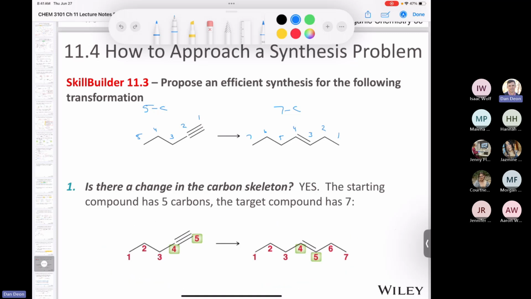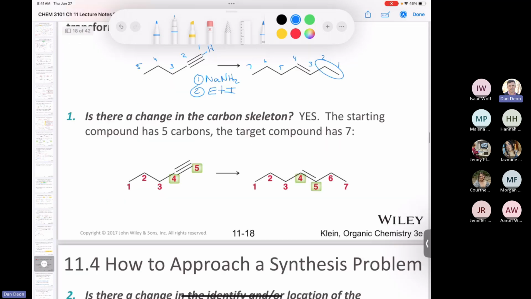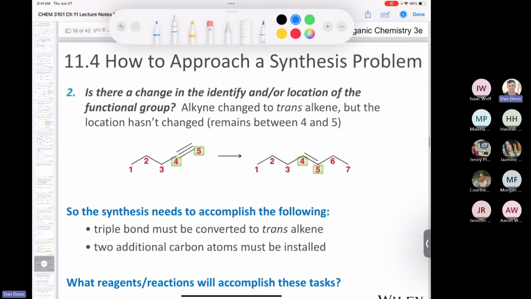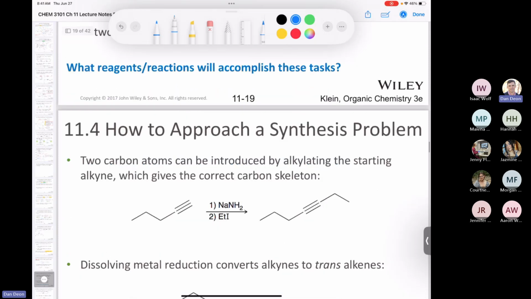Okay, well, you can clearly see there's a change here. And so we have that terminal alkyne proton, right? So step 1 is going to be sodium amide, and we only need to add 2 carbons on the end. So step 2 is going to be ethyl iodide, like that. And there you go. So that's the kind of way you want to approach these kinds of problems, and he